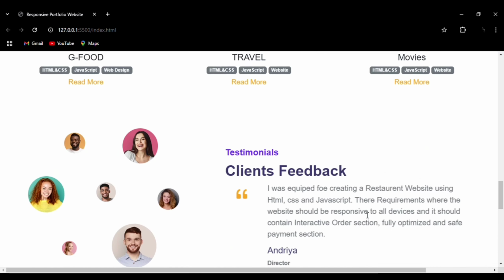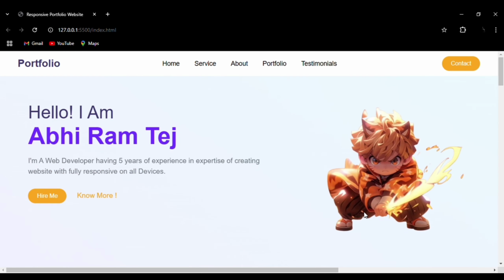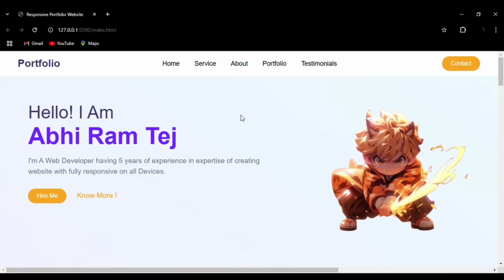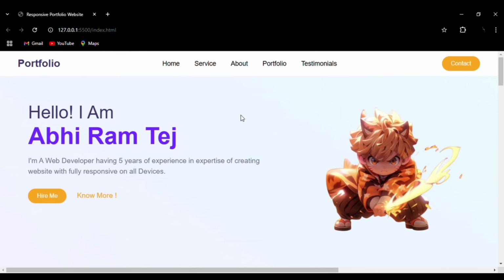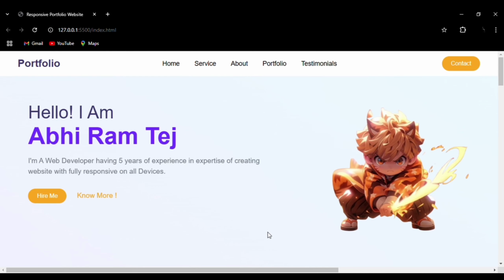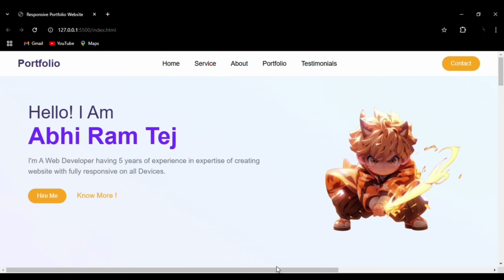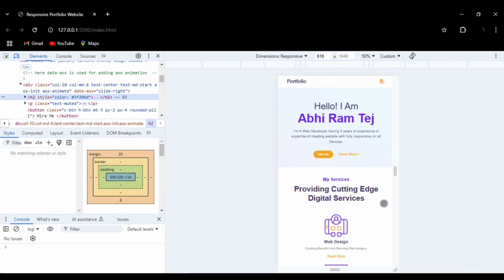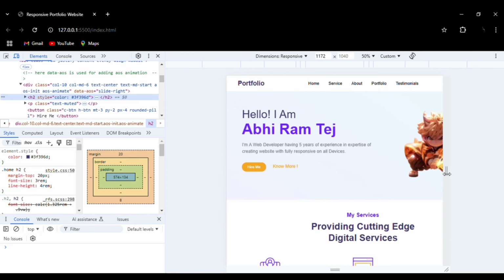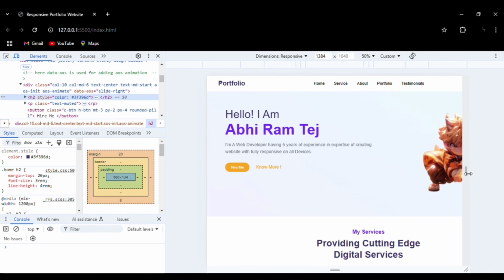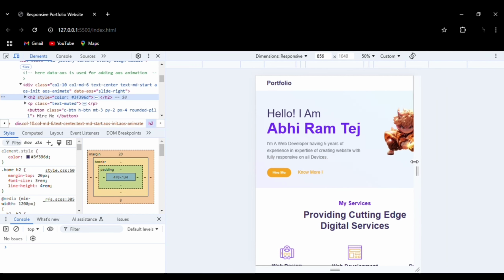All rights are reserved. This website is entirely responsive, that is, it is available in the mobile version as well as the tab version also. Let me show you that. So first let me show you the desktop version. Here this is the desktop version. Then if we slowly move on,